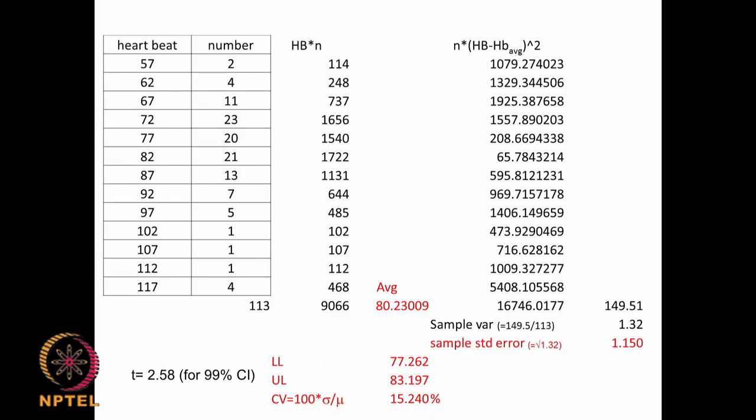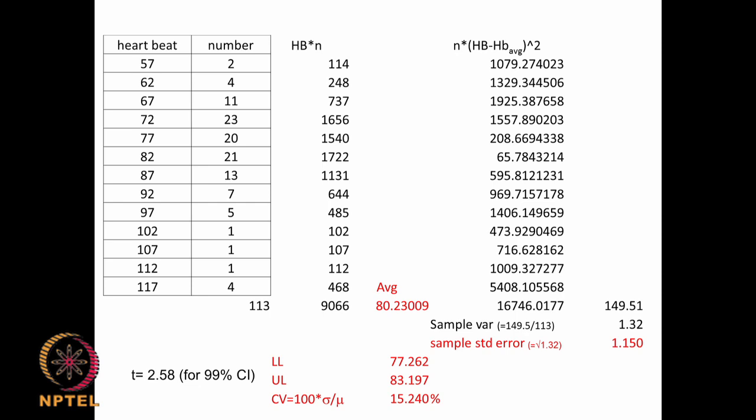Okay, let us do the problem using Excel, it is not very difficult. First, the total number is 113. Now I need to find the average, the mean of the entire data set. So, what do I do? 57 into 2, 62 into 4 and so on, then I add up all of them and divide by 113. So, I get an average of 80.23. This is the average heartbeat of all the students,